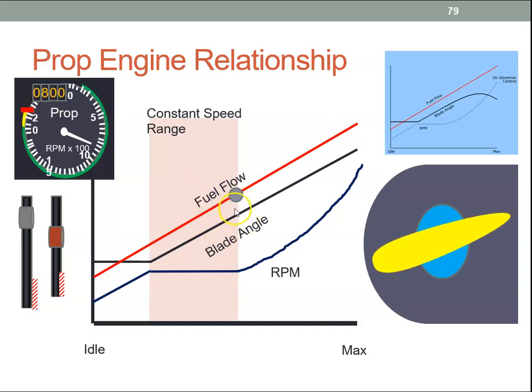After that, as the fuel flow increases, the blade angle will continue to increase and the RPM will start to increase also. So there is a range within the condition lever where the RPM can be held constant. And that just makes it easier for the flight crew to get the optimum